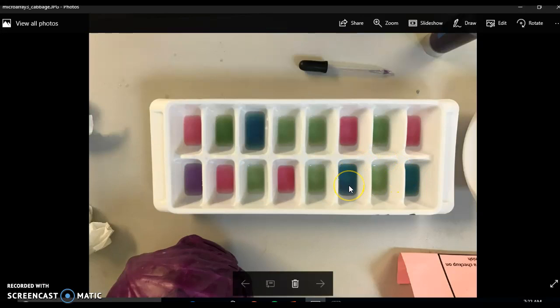Now you can see here there is a little variance between the blue and the purple. They're of the same activity level. They're producing high levels of protein. So you have to be really watchful and pay close attention to the colors, because residue that might remain in the tray or contaminants can still affect how easy it is to identify gene activity level. But at least when you're comparing it to the normal functioning gene in that particular well, it's still a pretty clear difference. So using the cabbage version